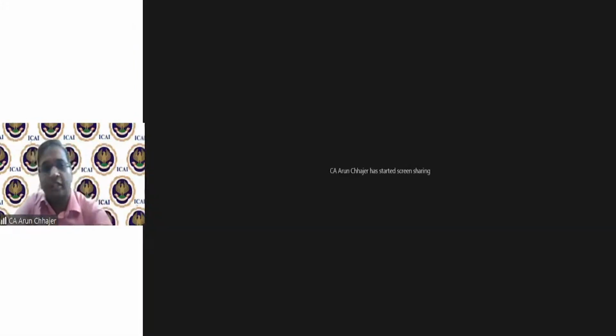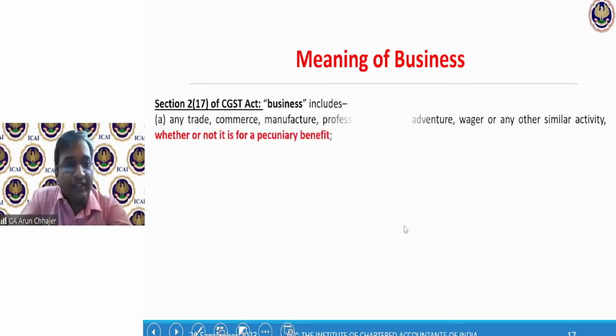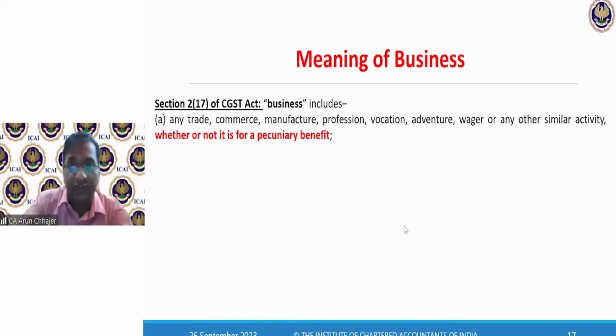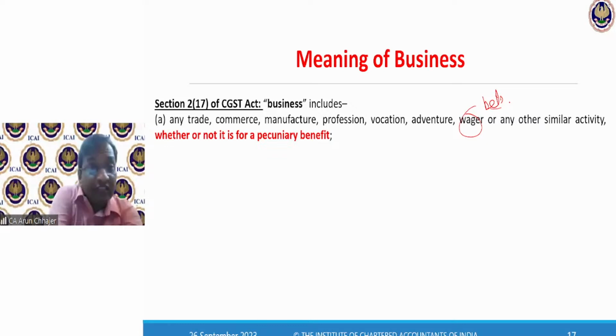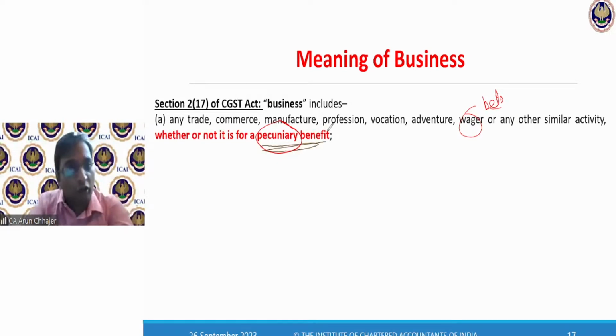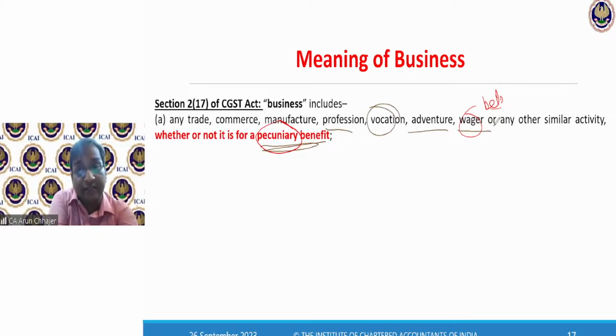Now let's move to the definition of business. Section 2 clause 17, the definition of business has been defined. Any trade, commerce, manufacture, profession, vocation, adventure, wager. Wager means bet. Or any other similar activity, whether or not for a pecuniary benefit. It means benefit is not necessary. Whether you are getting the benefit or not, whether it is with the intention of profit or not, that is not necessary. But if you are doing trade, commerce, manufacture, profession, or even vocation, adventure, wager, that is also